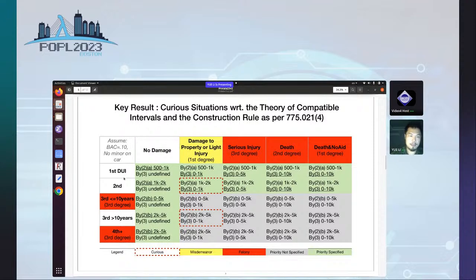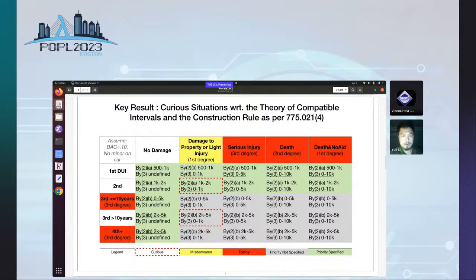This table has, in the first row, damage: there's no damage, or damage to property or light injury to a person, or serious injury, death, or death without aid. And the first column says the DUI, maybe the first DUI or second DUI or third or fourth. So there are 2 dimensions to evaluate a DUI offense. The green areas of the table are the places where there's no ambiguity; there's a clear priority defined by the statutes. And the gray areas represent those situations which are not explicitly